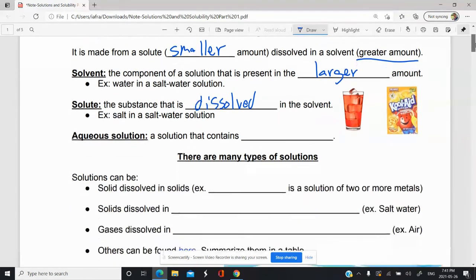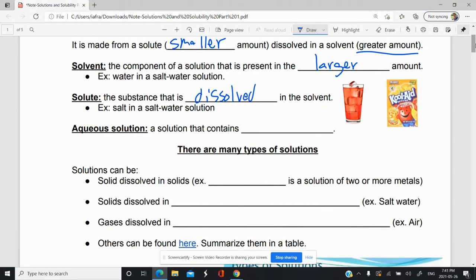And then we saw that solutions that contain water as a solvent are called aqueous solutions. So when you dissolve salt in water, for example, you would have NaCl(aq) because your salt is a solute and your water is a solvent. We also saw that